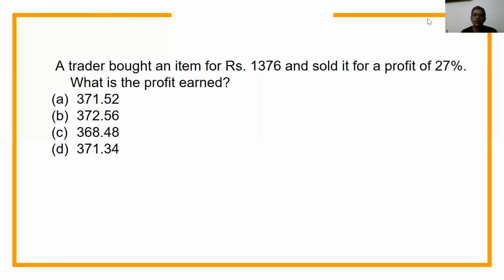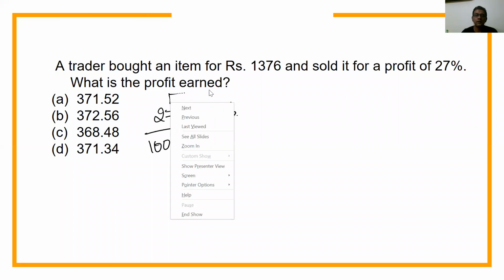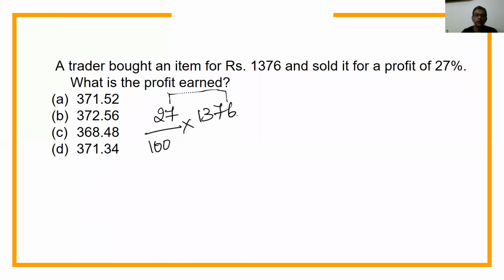See, guys, we all know how to solve this, okay? The idea is not to test someone's knowledge on how to solve this. The idea is to test someone's smartness on how to solve this. If I have to take 27% of a value, I know that it is 27 divided by 100 into 1376. But the point is, if I have to multiply 7 and 6, what is 7 6 are? 42, which means what is the last digit I should get? 2, which is the answer option which has the last digit 2, only the A option.